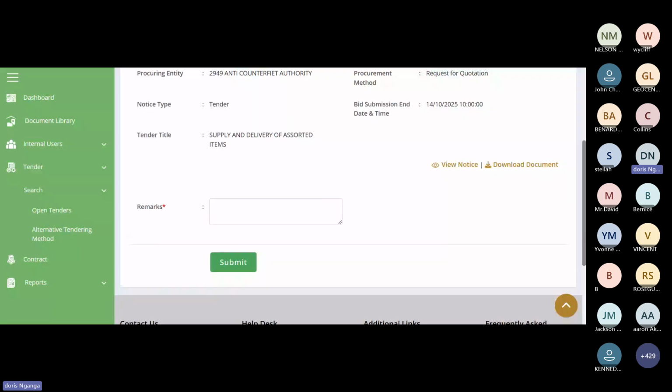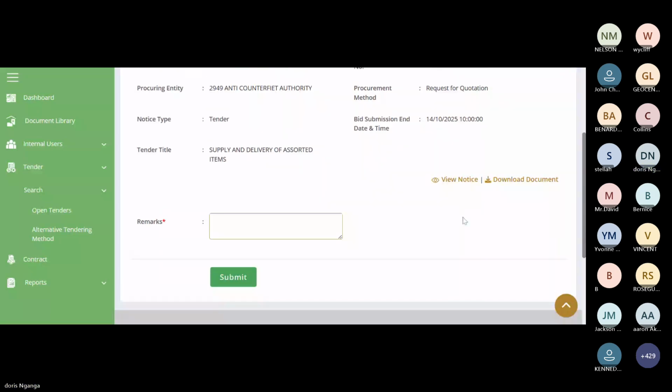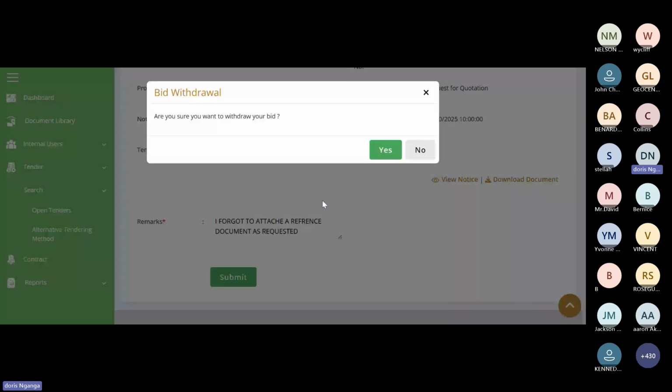Maybe I omitted or I forgot to attach a reference document as requested. You submit. Are you sure you want to withdraw your bid? You'll get that question. You can say yes.